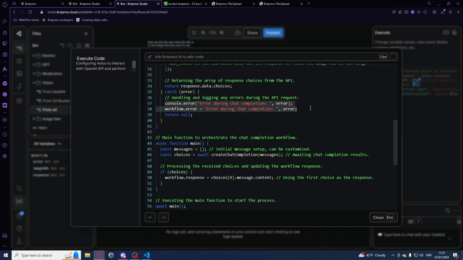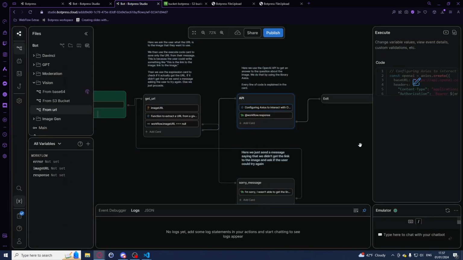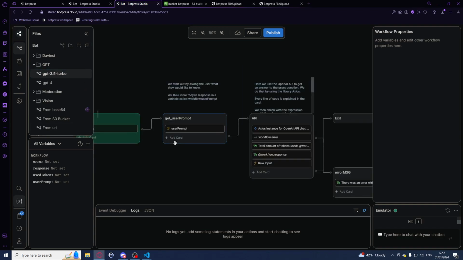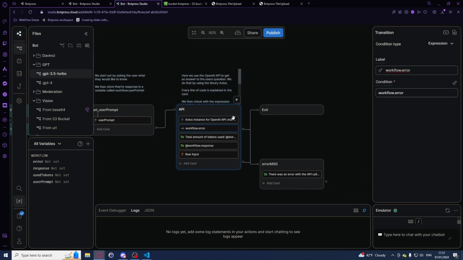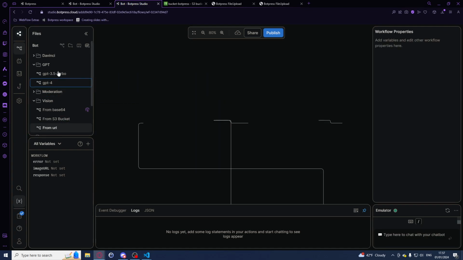And right here, this is how we're handling the error. So we are logging the error in our console right now. And we're also saving it in a workflow.error variable. This is because you might want to do something about it, handle the error. And you can go back, watch the GPT video. And there I'm talking about how you can handle an error, kind of like it's going on right now. But back to here,